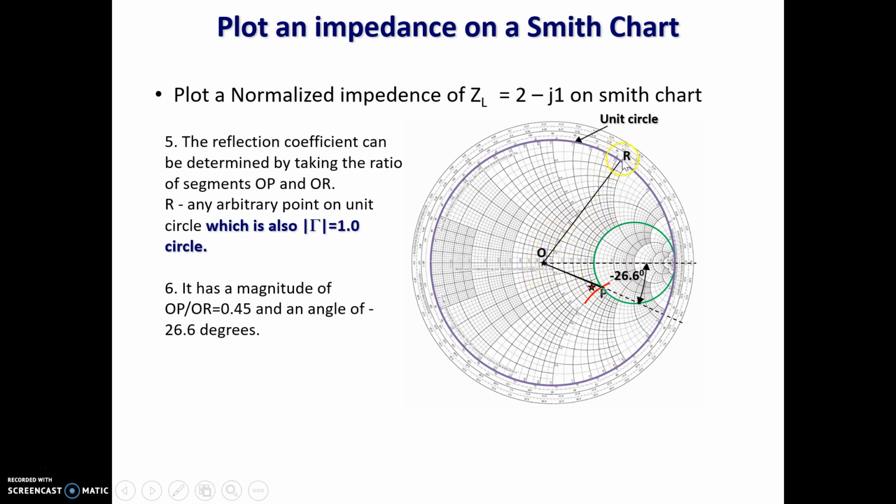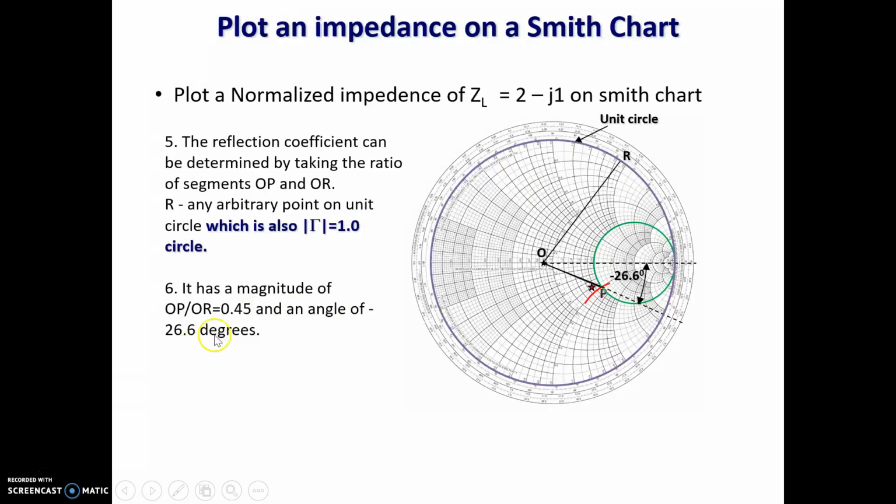OR is nothing but a line segment from the origin to any point on the unit circle. From this Smith chart, we can find the magnitude OP by OR is equivalent to 0.45, and angle